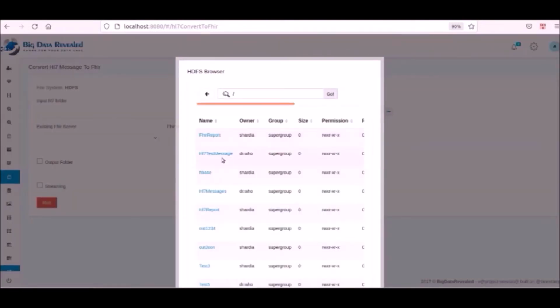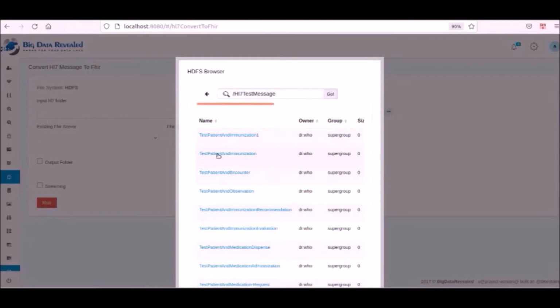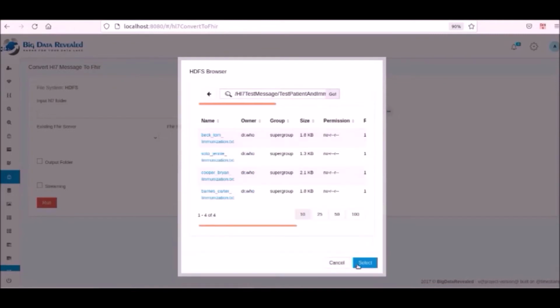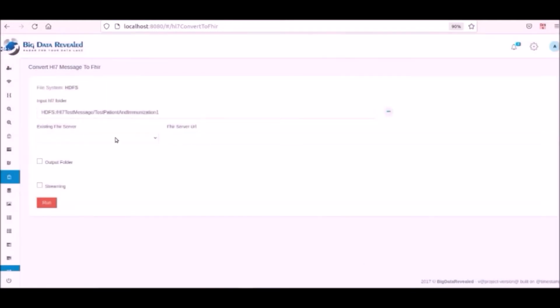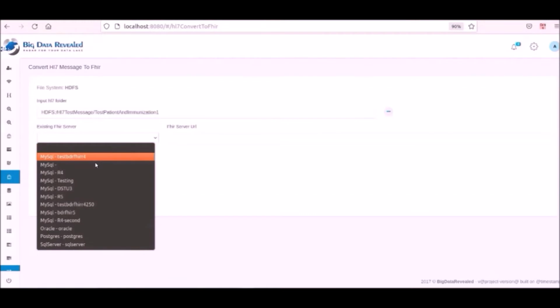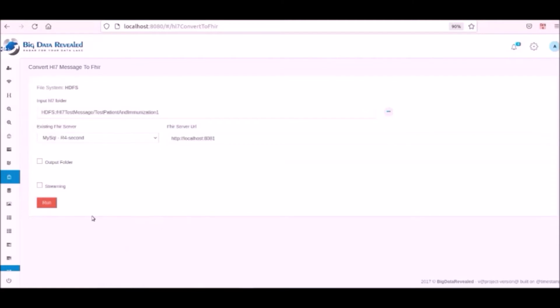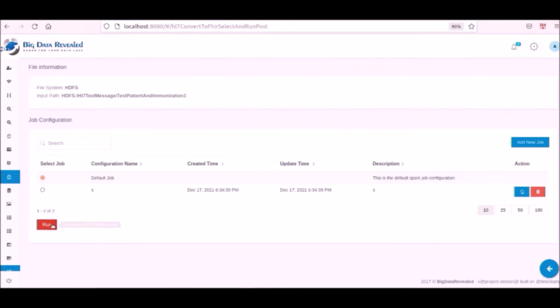The user will click on the source HL7 database, then select the target FHIR environment that will receive the FHIR transactions created by BDR-FHIR from the HL7 messages. The process is extremely straightforward. As you have seen so far, there is no need for technical knowledge of HL7 or FHIR. The final step is to just click on this Run button to start the process and let BDR's automation do